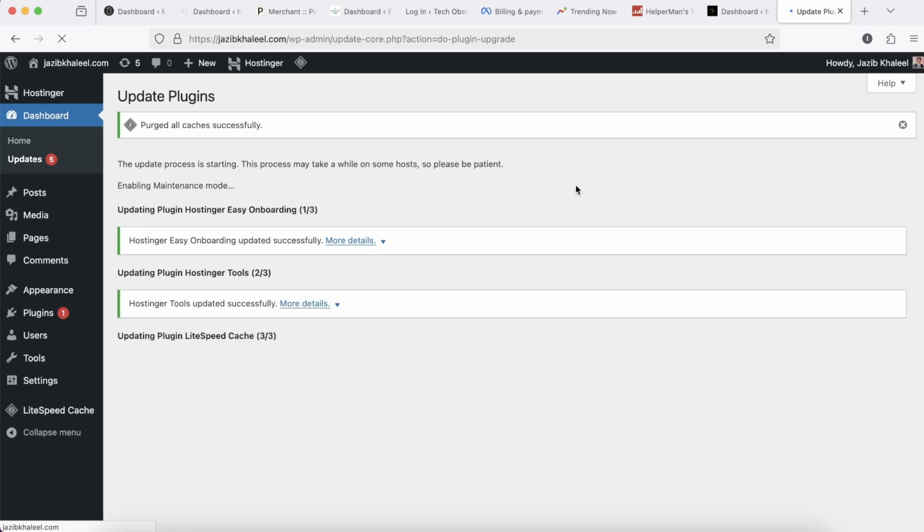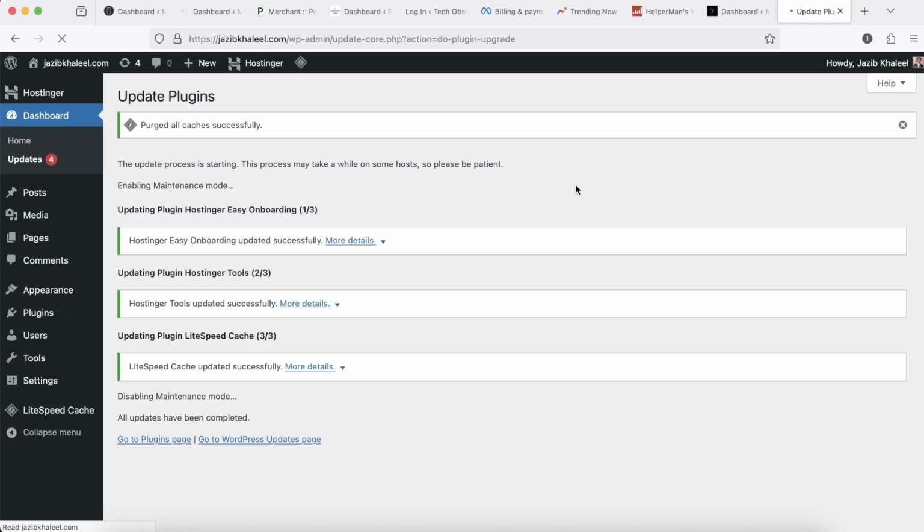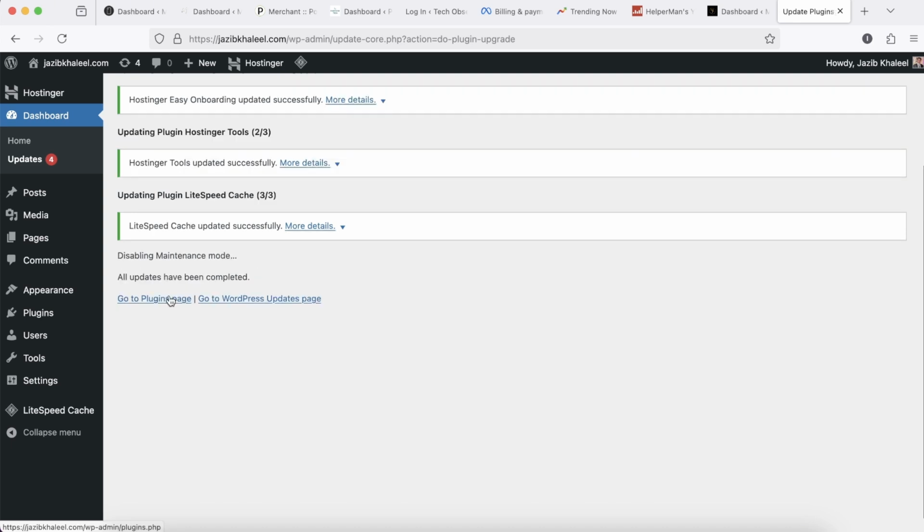It will download the latest version of the plugins and update them. And after the update is complete, it will disable the maintenance mode and it will show you that the updates have been completed. So after that, go to Plugins